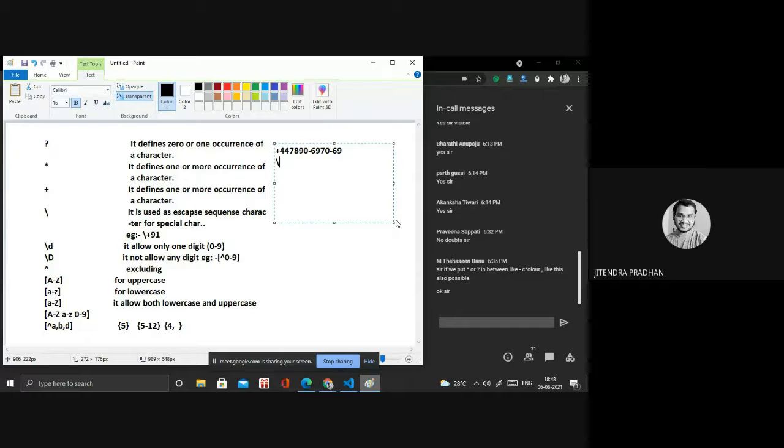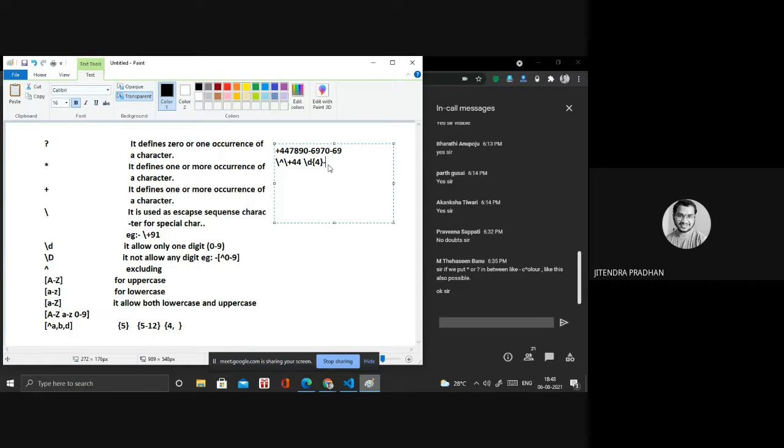At first we need to use the escape slash. Let's say an escape sequence is required. It's double four, okay, so for double four we need an escape sequence. So slash d, d for digit, allows only one character, 0 to 9. When I write four characters, it allows only four, meaning 7890. It allows only four.